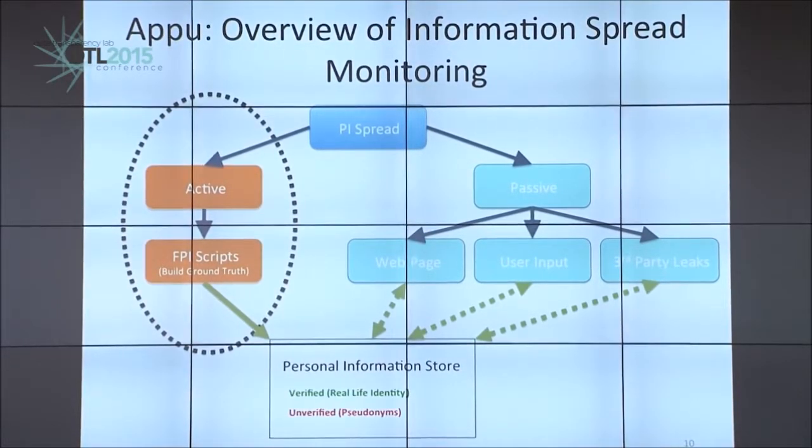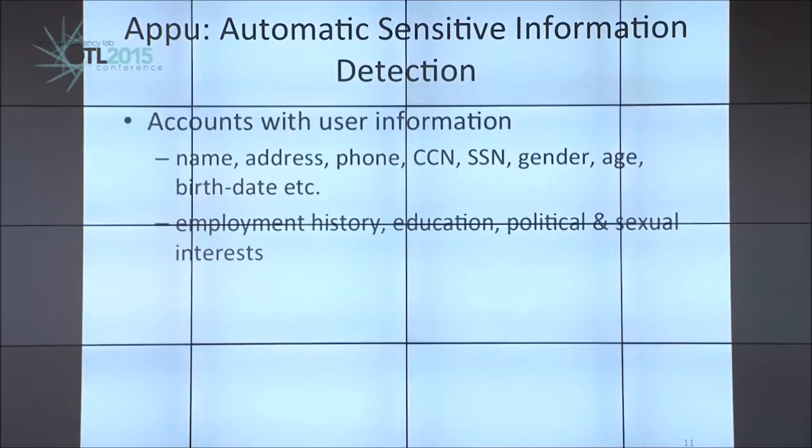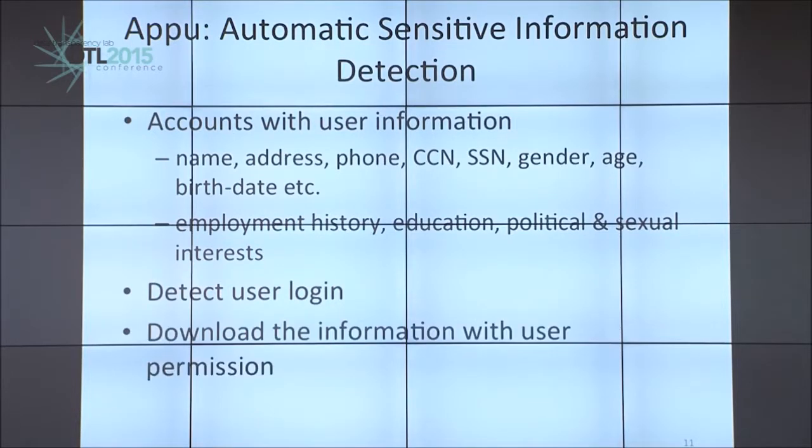Next, I describe quickly what an FPI script is. To detect sensitive information automatically, we exploit the fact that the user has already created a lot of accounts and they already contain all this information, such as employment history being present on LinkedIn, or education being present on both LinkedIn and Facebook. Second, we wait for the user to log in to an account and then we download the user's information with his